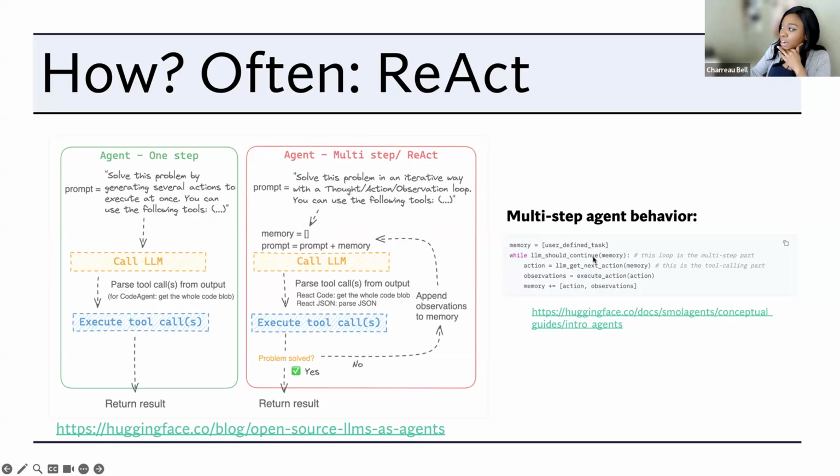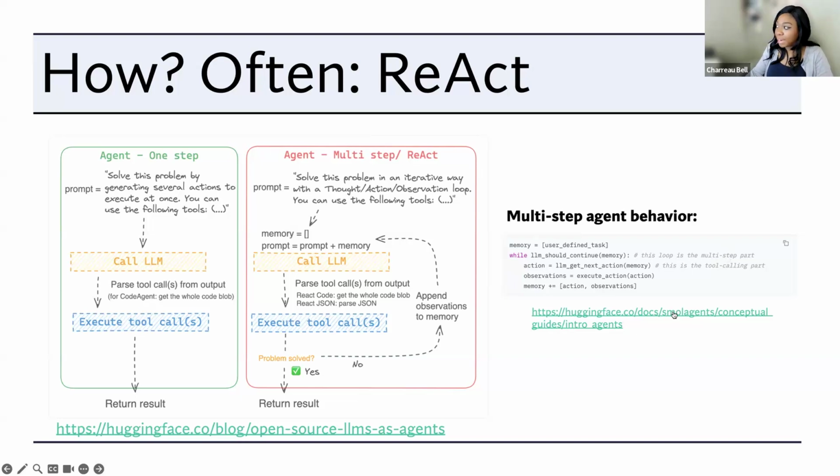Based on that information, we take an action. An action really does not have to be a tool call. It can be something else, like, let me go ahead and make a summary of something. We might take or not take an action. We can execute it, so we get the observations of what the result was. Then we add that into our memory and we continue until we stop. So this is very loopish.